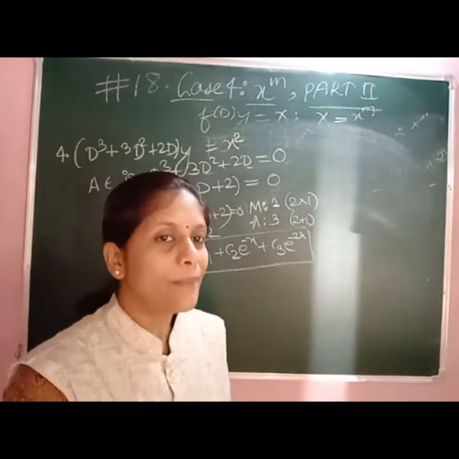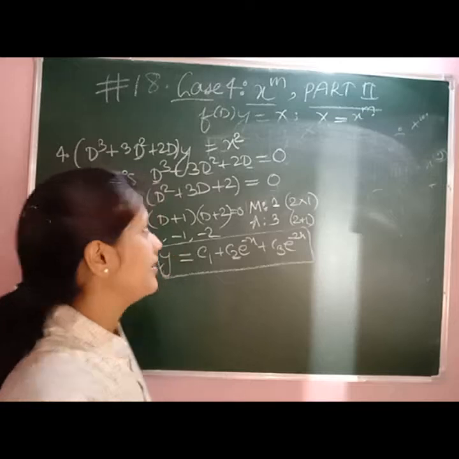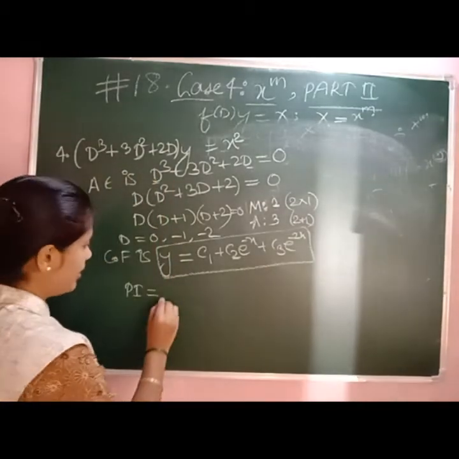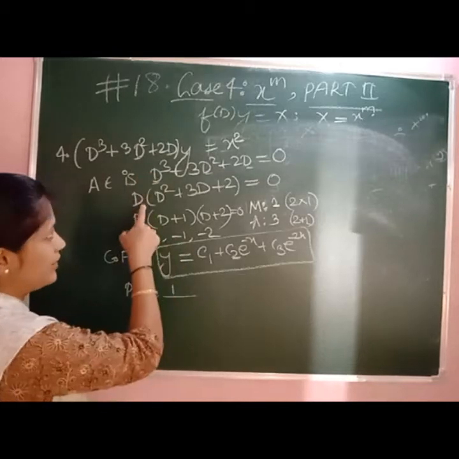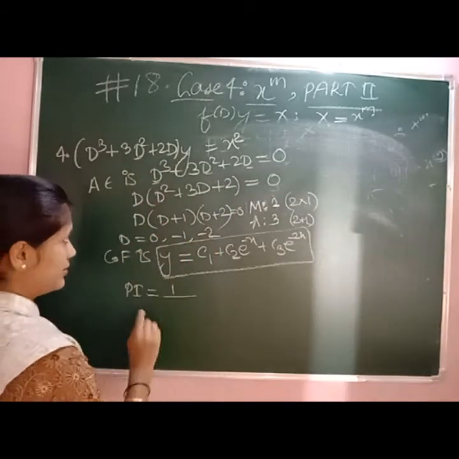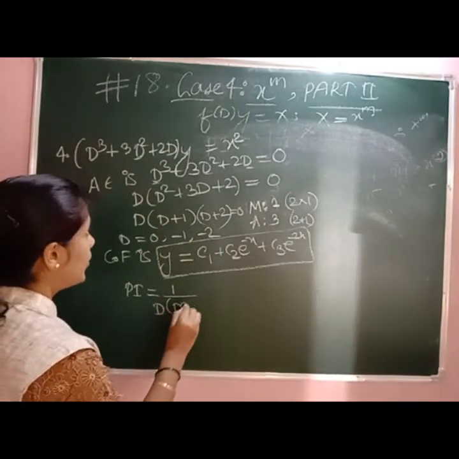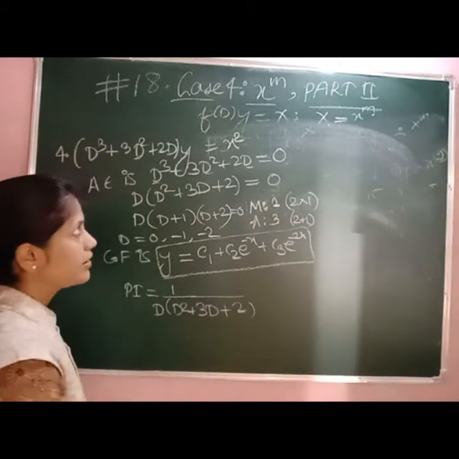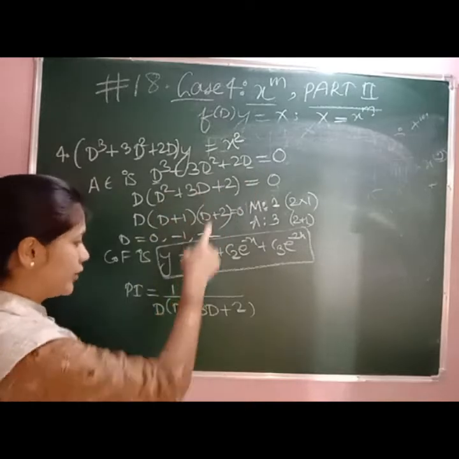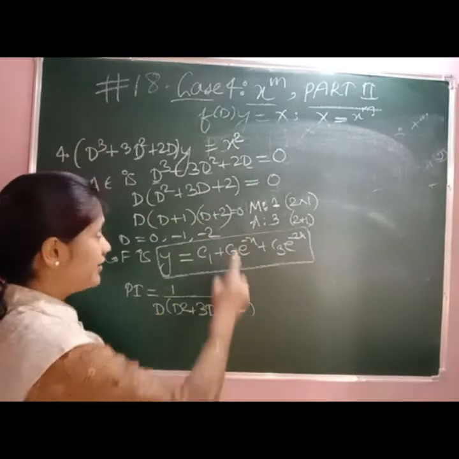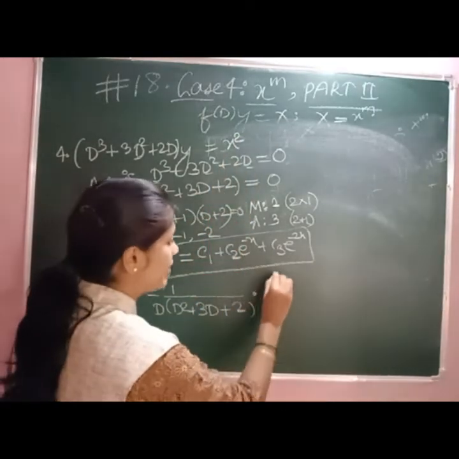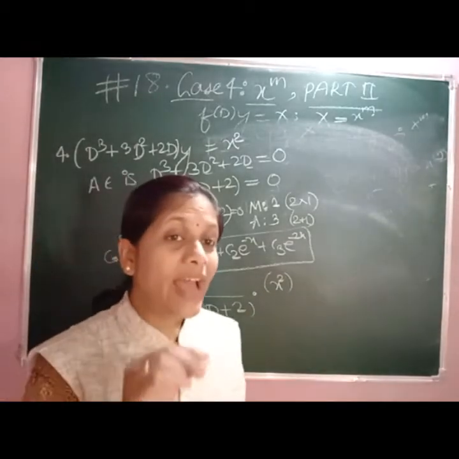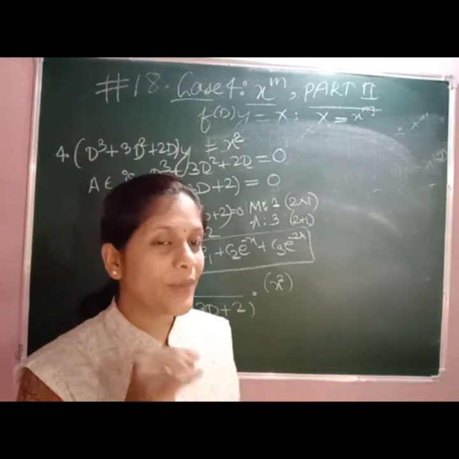Now let us find the particular integral, that is PI. So PI equal to, what is f of D? 1 upon d into d square plus 3d plus 2. So I can also write in this form, d cube plus 3d plus 2 form, right? Of, what is our RHS? x power 2, right? Already we know we have to express this in 1 plus or minus 5d form.